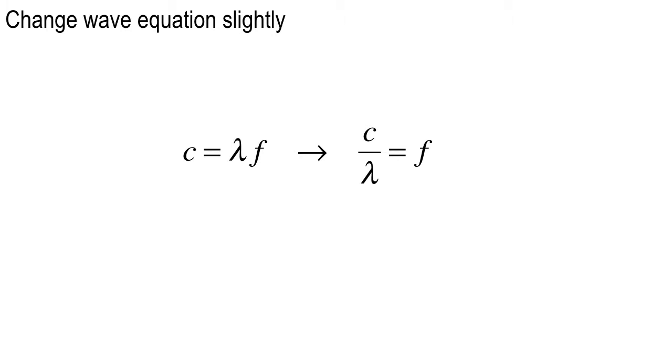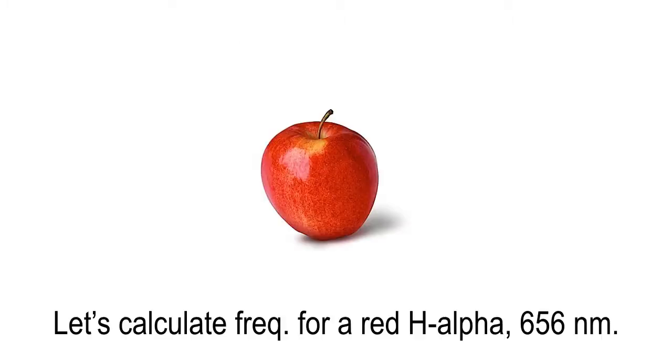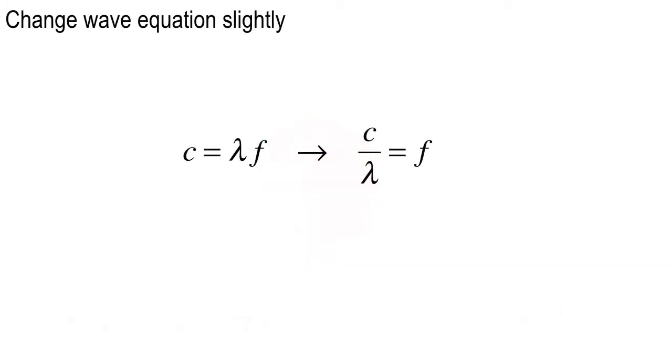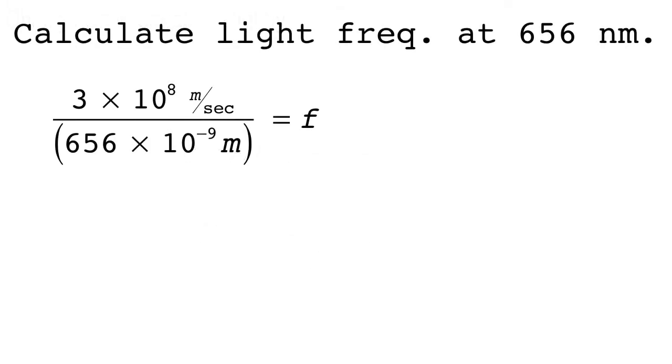Now, if you want to figure out lambda, if you're given, like, the frequency of an FM radio station, and you want to figure out the wavelength of it, then you would use this formula: c over whatever frequency you're given equals lambda. So you can use this wave equation either way, right? Now your written homework is not going to be involved with this, but you may find on the final a simple calculation or two of either frequency or wavelength. So let's do the frequency here.